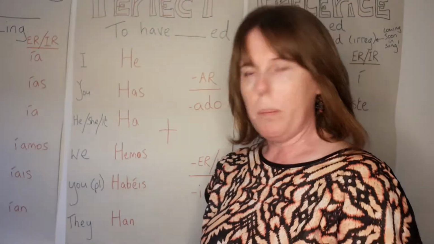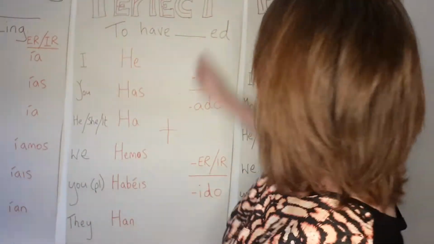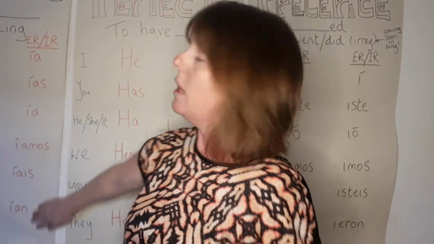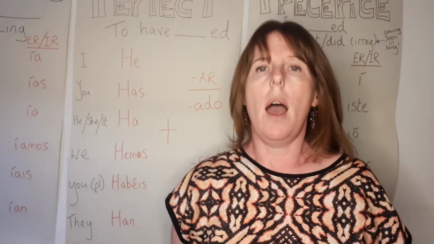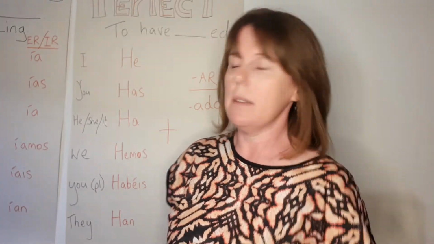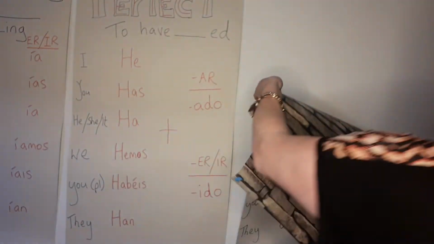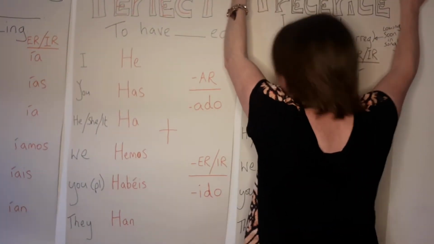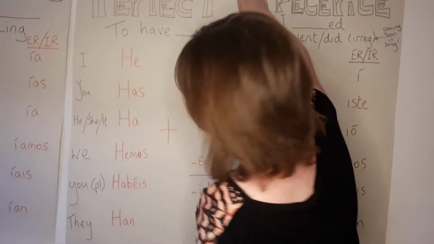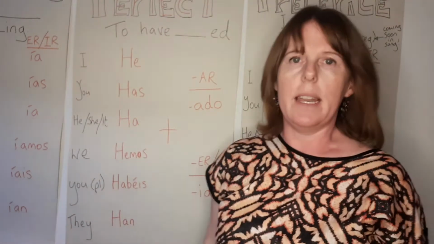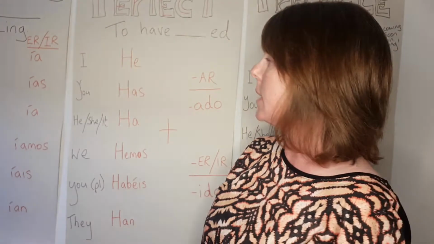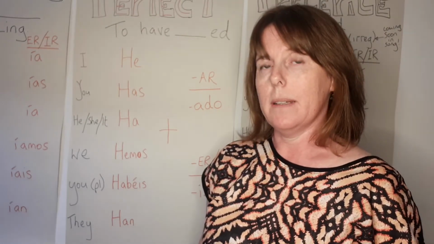Right, just another quick pointer. All these charts that I'm going to be showing you, the past tense, the present one and the future one, these are all for regular verbs. Not all verbs will fit into this chart. These charts and patterns don't all fit in because some verbs are irregular. As in English, they don't always follow patterns. I will do videos for those as and when time comes.